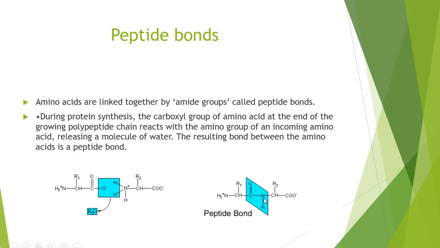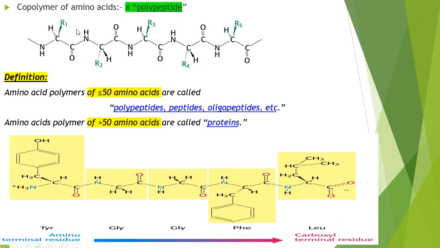A peptide bond possesses NH-C=O. A copolymer of amino acids is a polypeptide. A peptide is just the link between two amino acids. If it is in a large number, then we call it a polypeptide. Amino acid polymers of less than 50 amino acids are called polypeptides, peptides, or oligopeptides, etc. But when they are of more than 50 amino acids,